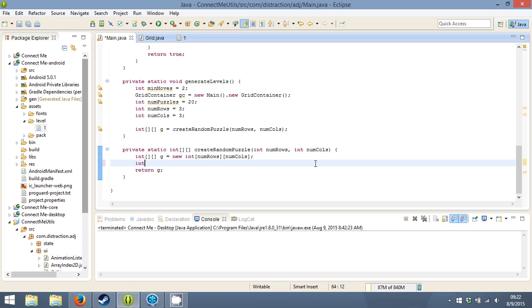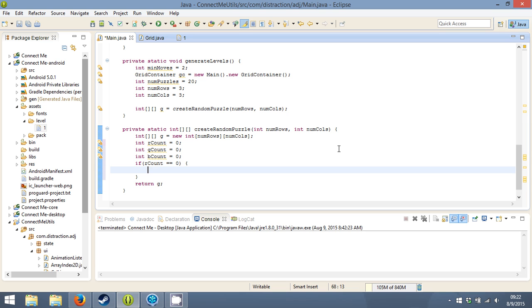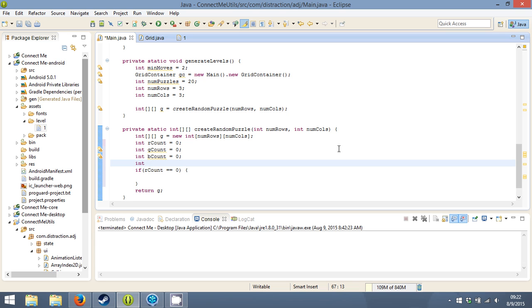So, I should keep a count. Int R count, int G count, int B count. These are all 0. And if R count is equal to 0, I'll do int next value is going to be -1, whatever. Actually,